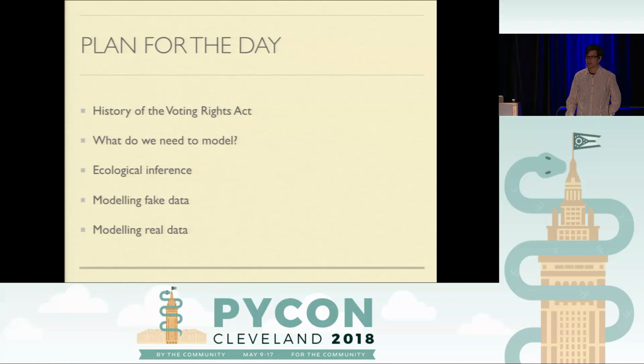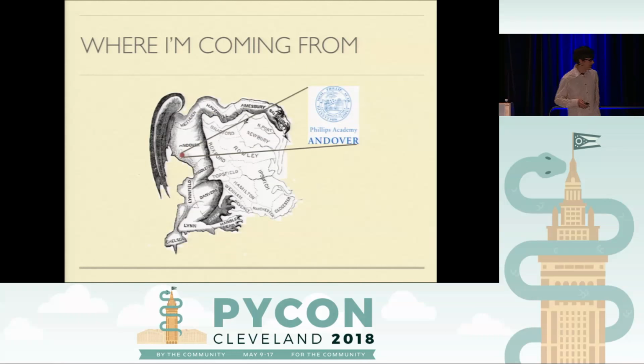So what we're going to talk about is the history of the Voting Rights Act, which is where this model came from. We're going to talk about what ecological inference is, and then we're going to do some computational experiments with real data. So we took the 2016 North Carolina congressional election, and we did some analysis on it using open source Python tools that are, as far as I know, unique. Great, so I'm going to turn it over to Karin for a discussion of the history and the math.